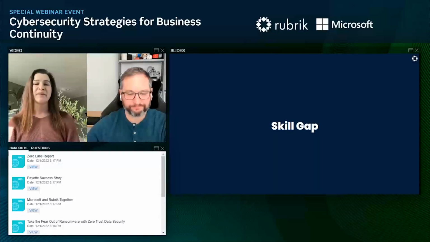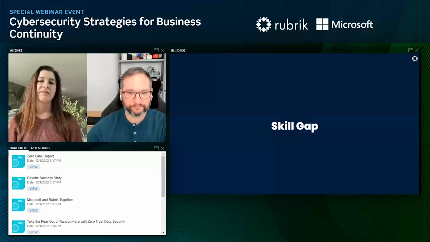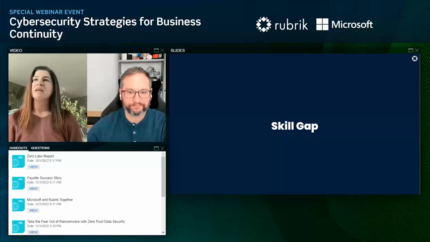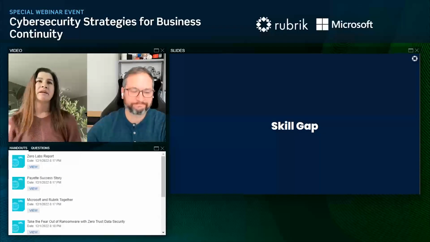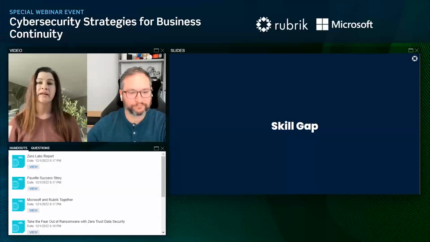The skill gap. This is one that comes up in a lot of these types of conversations. And the obvious fact is that there's a growing shortage of talent to help get the job done. And one of the inhibitors we know to having a good BCDR plan is sometimes saying, well, I don't have the budget or I don't have the people to actually do it.